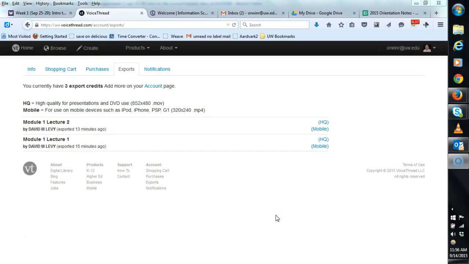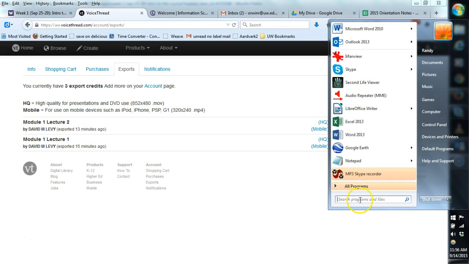So the first thing we have to do is actually get that audio file, and this is where you would get that from your VoiceThread page. This is an entirely different tutorial, but this is what that page looks like, and I'm going to be playing with the mobile file, and I've already downloaded that file. So I'm going to open Audacity,